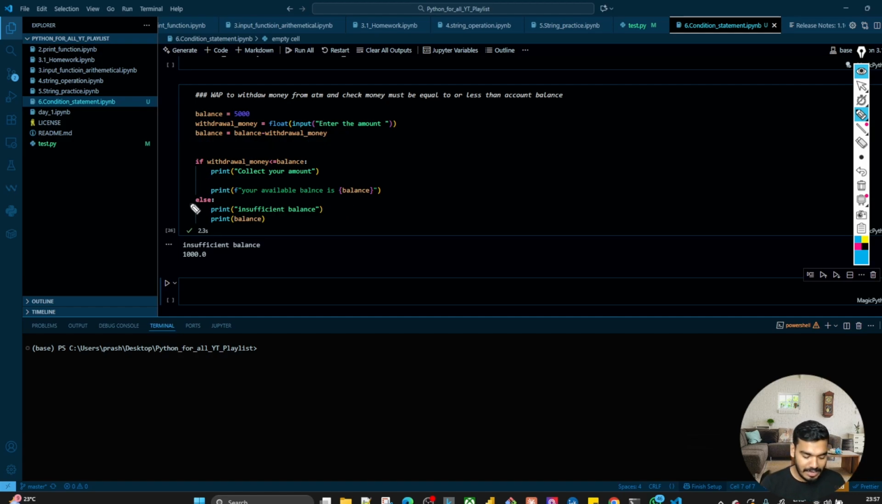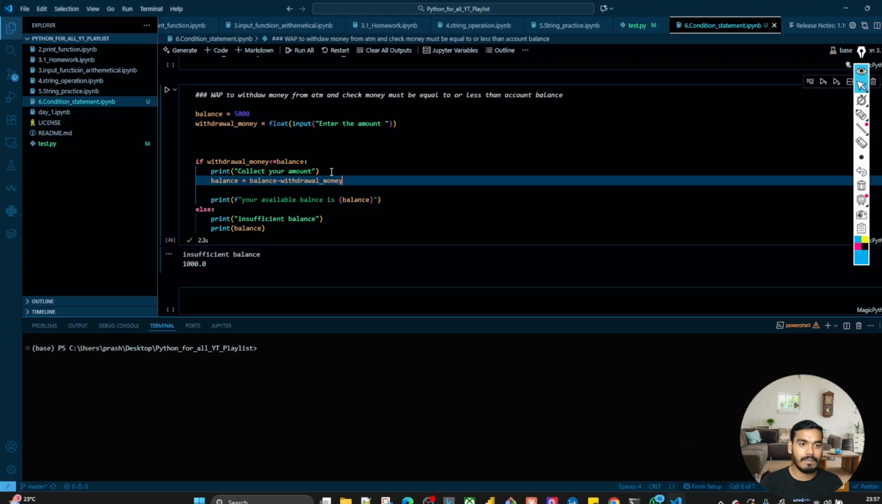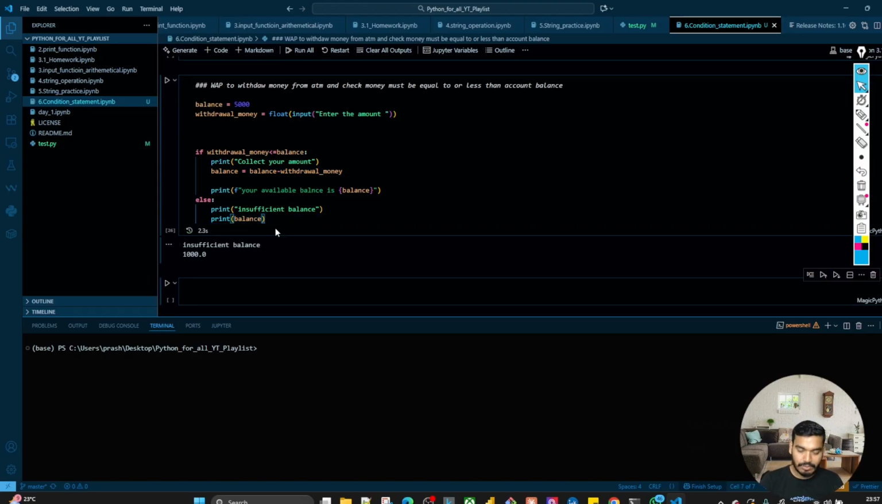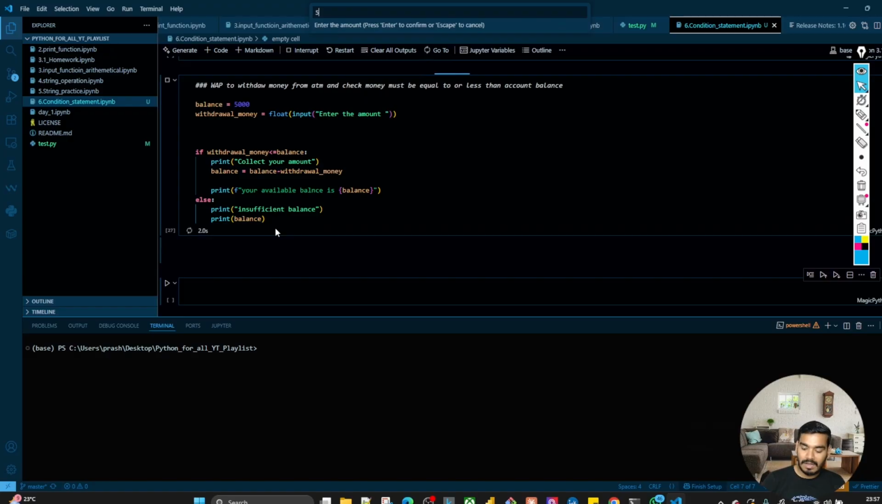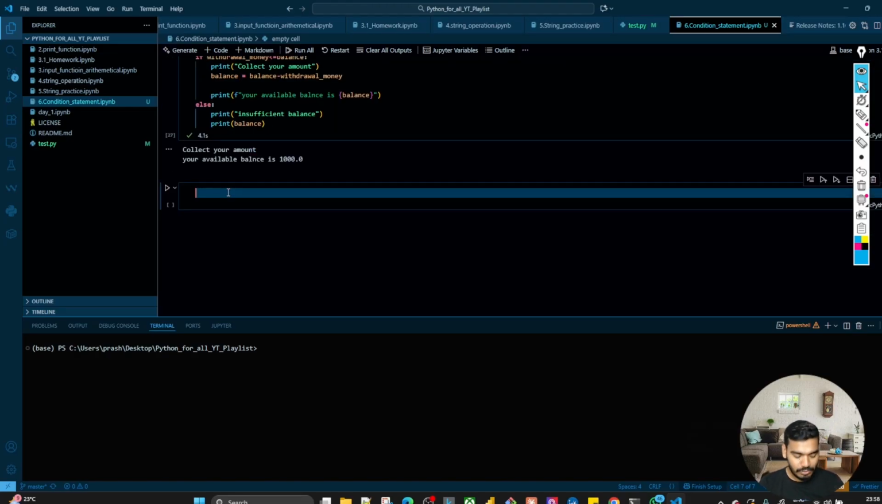Now, what I'll do is take this from here, Control X, and paste it over here. Perfect. Now let's try to execute this. I want to withdraw 4000 rupees. You collect your money, your available balance is 1000. Perfect. Now let's write a code to check,